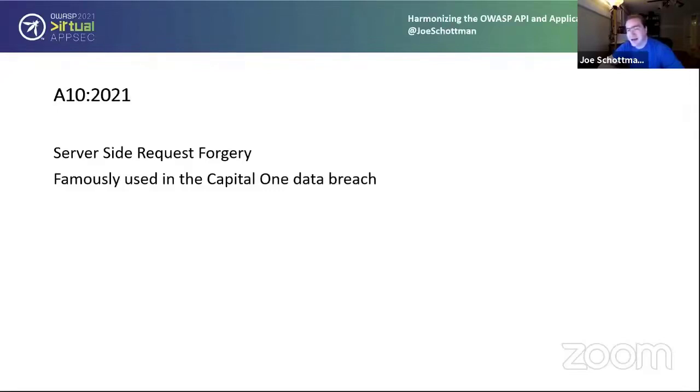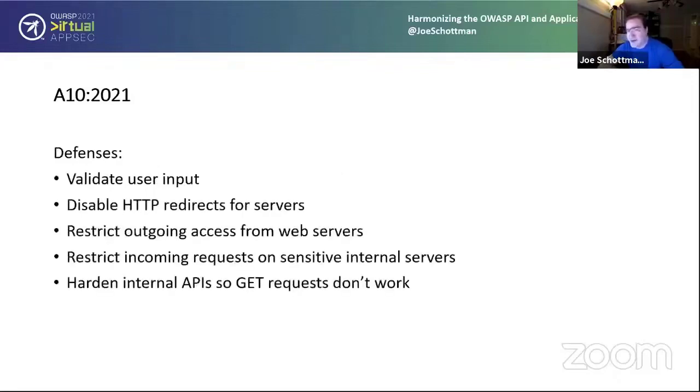By making that API call through an SSRF vulnerability in the application, the attacker got the key and then used the key to start pulling information from S3. It's a really simple attack once you know how to do it. Very powerful, big financial hit to Capital One, obviously. The defenses, as ever, validate user input. If there's not a good reason for the user to be specifying what server to go to, don't let them. Make sure that if you have the server that's making requests to a URI, make sure that's configured to not